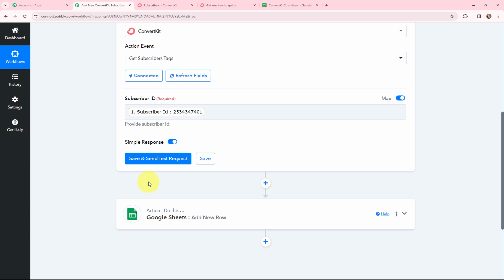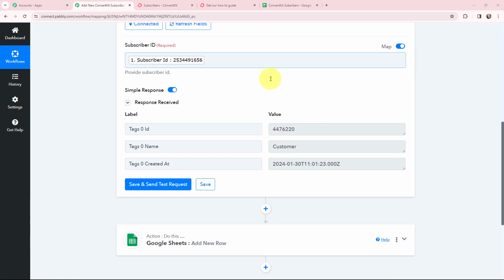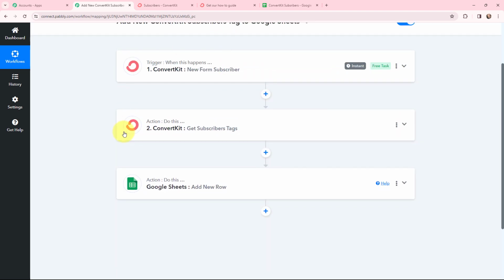So here after mentioning the subscriber ID, I'm going to click on save and send test request. Here you can see that I have received a response, and over here this is the tag ID, this is the name, and this here is the created date and time. So now as I've got the details of the subscriber, now I want to add the same details in my